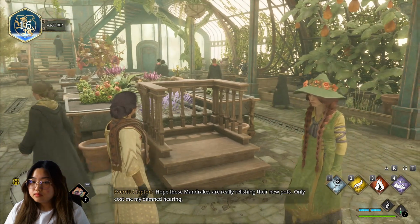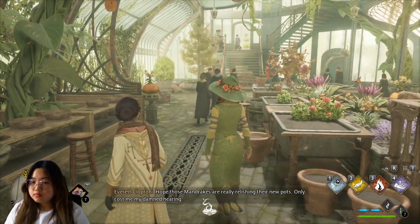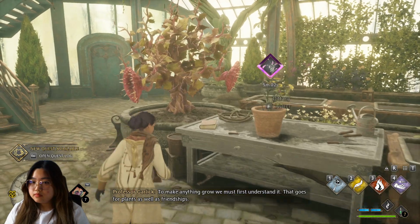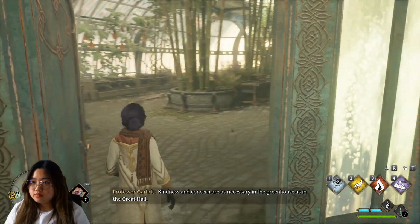Those mandrakes are really relishing their new pots. Only cost me my damned hearing. To make anything grow, we must first understand it. That goes for plants as well as friendships. Kindness and concern are as